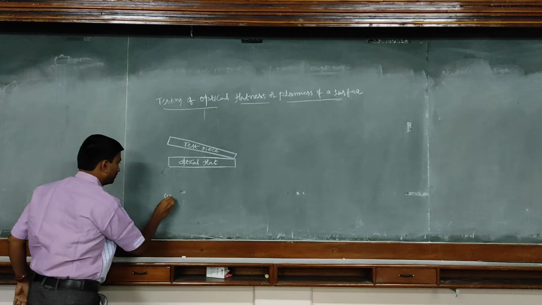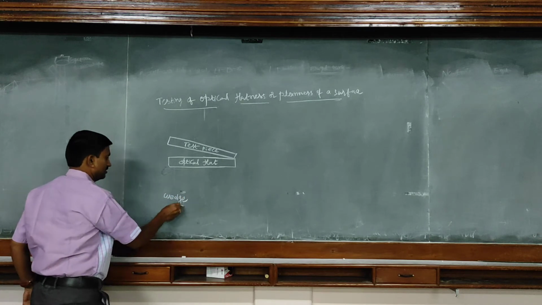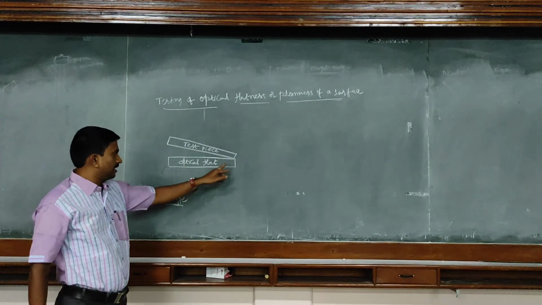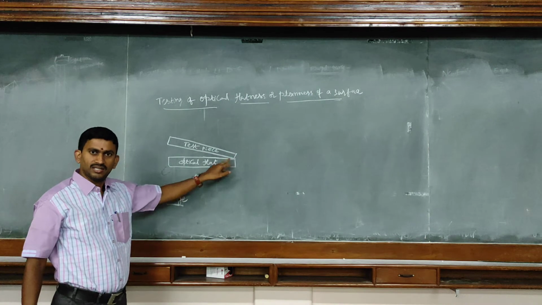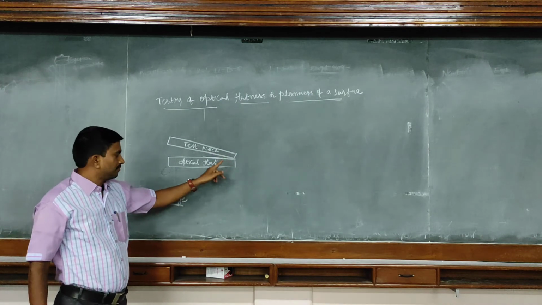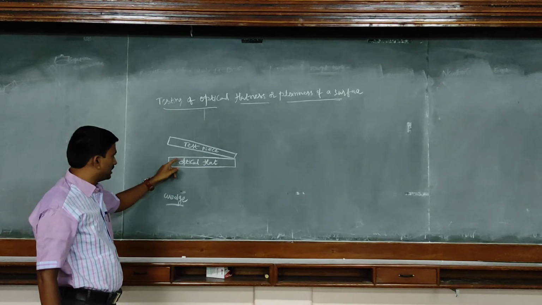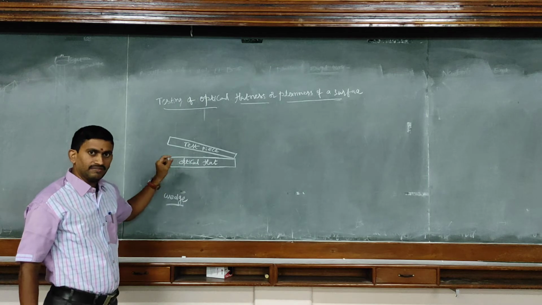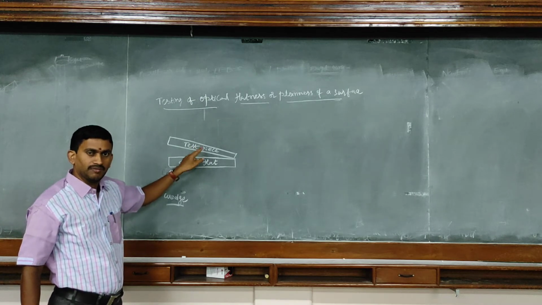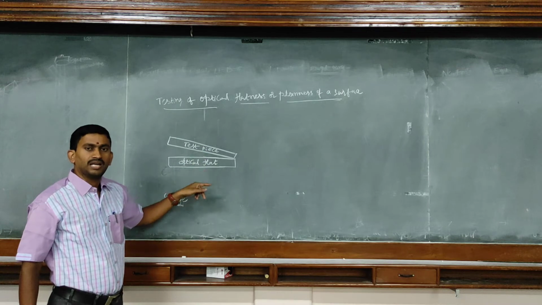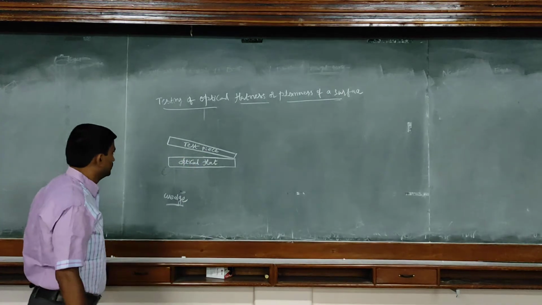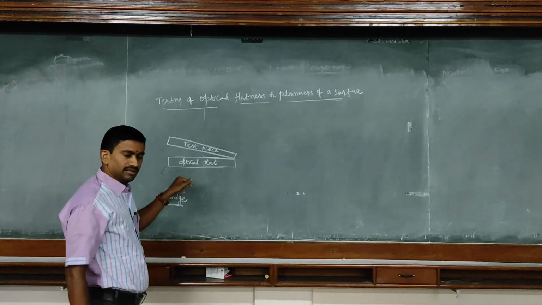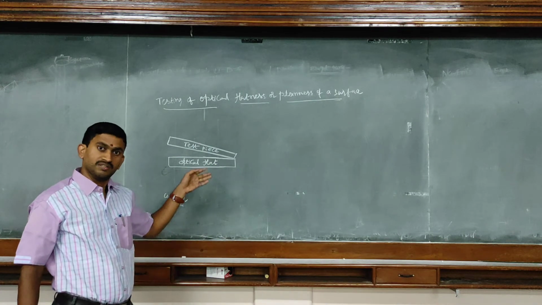Wedge, W-E-D-G-E. What do you mean by wedge? If you look at the diagram, at one end the two surfaces touch each other, so there is no air film formed between them. But when we move to the other end, there is a gradually increasing air film, which is V-shaped. That V-shaped air film formed between the optical flat and the test piece, we call it a wedge. Anyhow, we are going to perform this wedge experiment in our laboratory. Then you can practically experience what a wedge-shaped air film is.